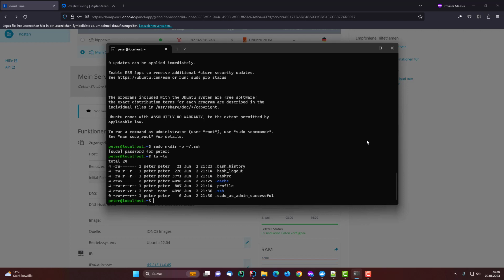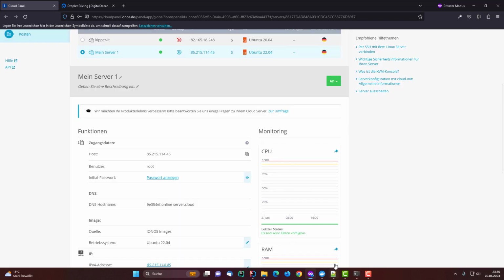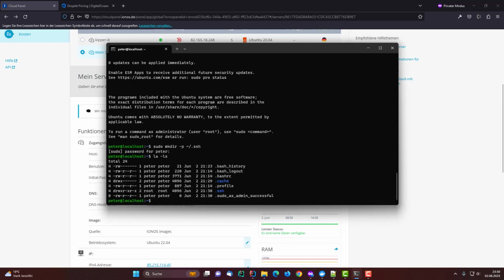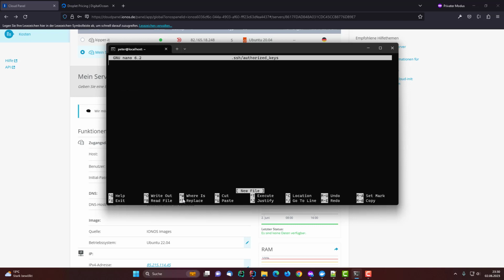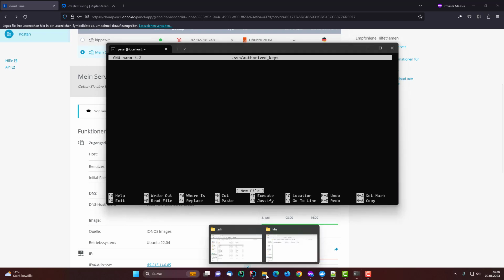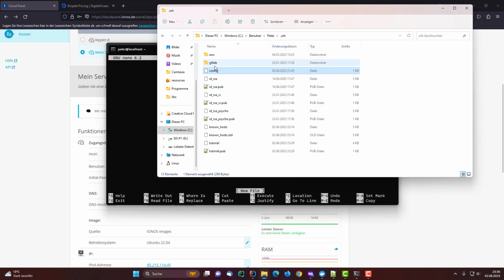So there it is. We can generate a file in there that's named authorized_keys. And in here we will copy the value from our tutorial public key